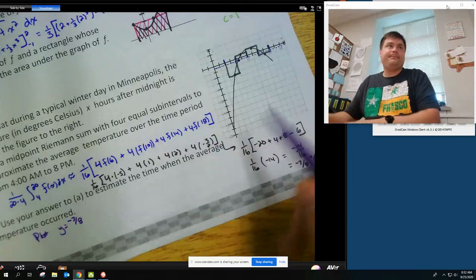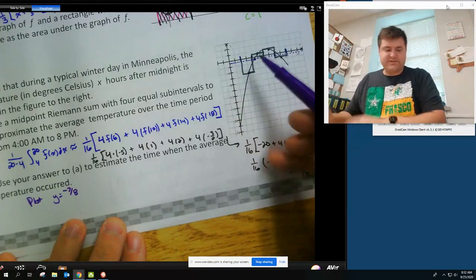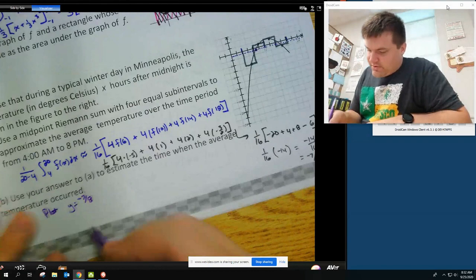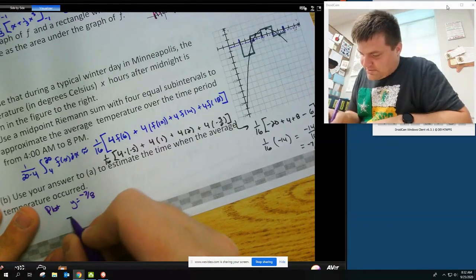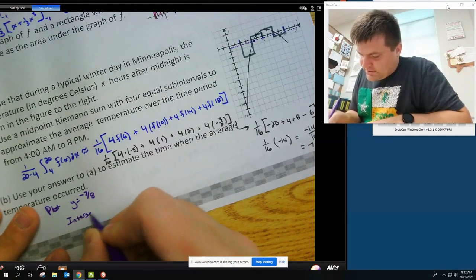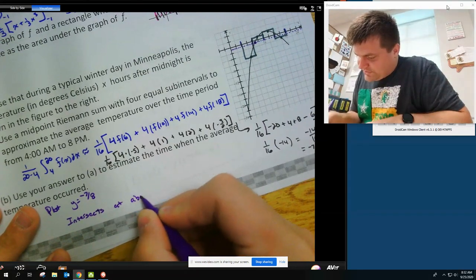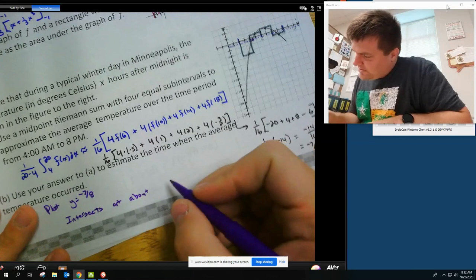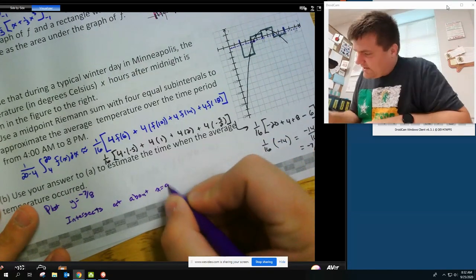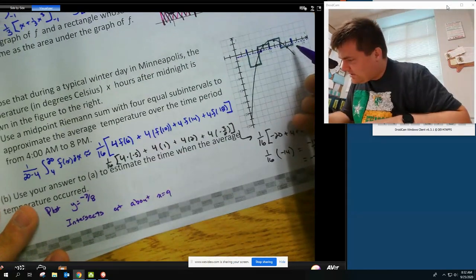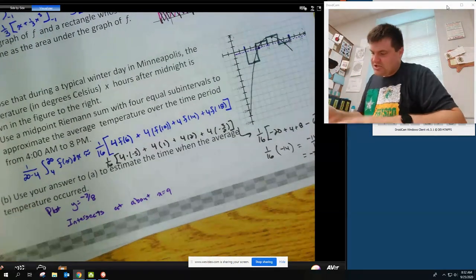We did that. Okay, it's plotted. And where does it intersect? It intersects at about x equals 9 and 17,